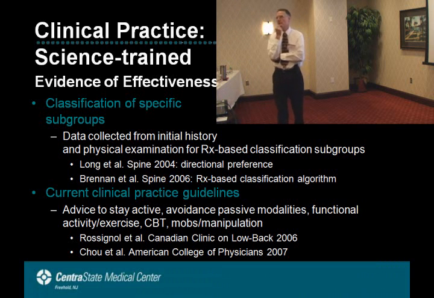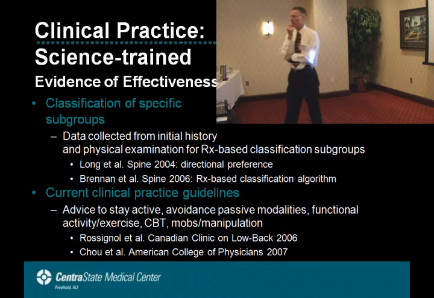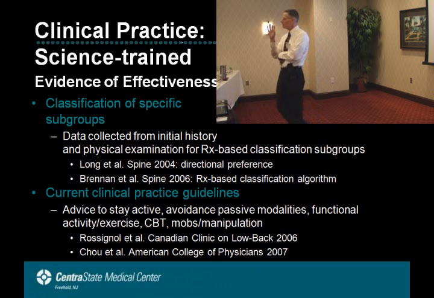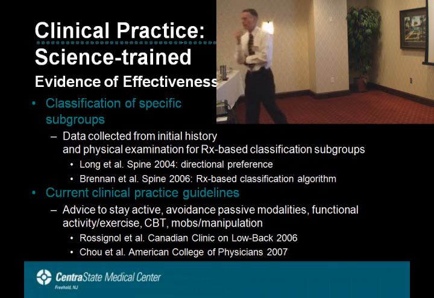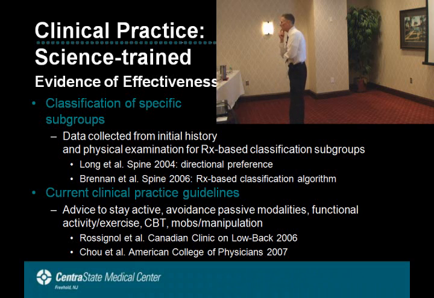We still have to learn much more about patient classification. We don't know enough. So if I want to pick on the Brennan paper, for example, over 1,000 patients were referred during their study to many, many clinics who were participating in this study. All patients referred to these clinics, only 25% were able to be classified. So what do you do with the other 75%? Punt? No. You could apply other classification techniques, or you could rely on current clinical practice guidelines.